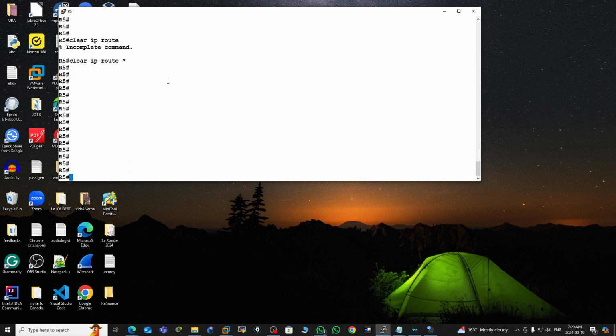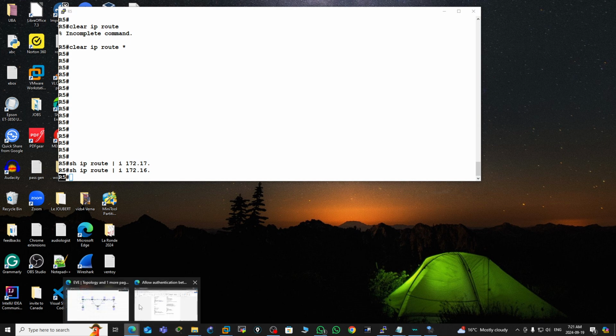Now if I show IP route, I'm checking first the loopback interface routes coming from R2, so it's going to be 172.17. See, those routes are not there. I'm checking the ones coming from R1, also not there. Why? Because we have to enable authentication on R5 for R5 to be able to receive routes